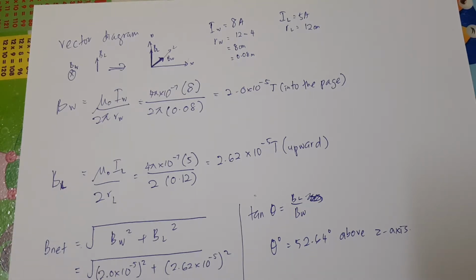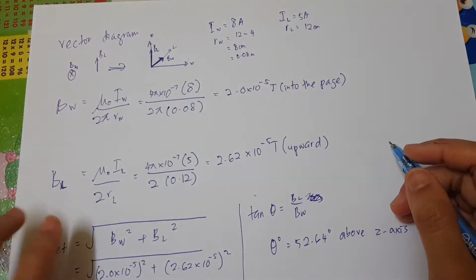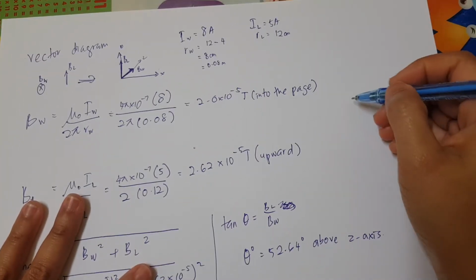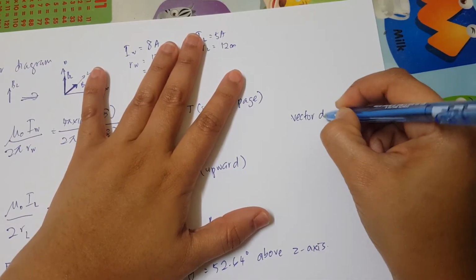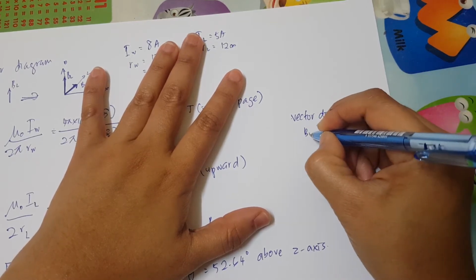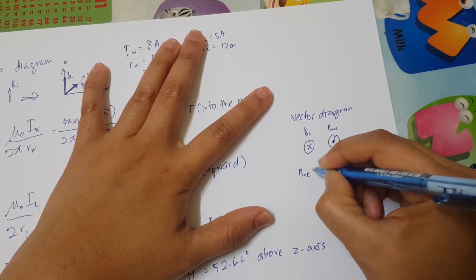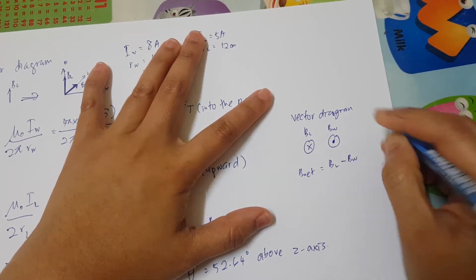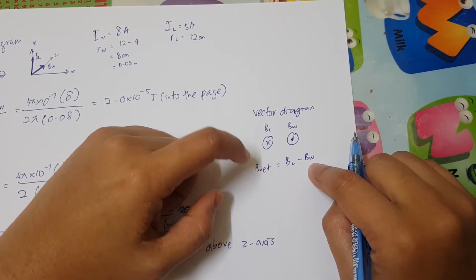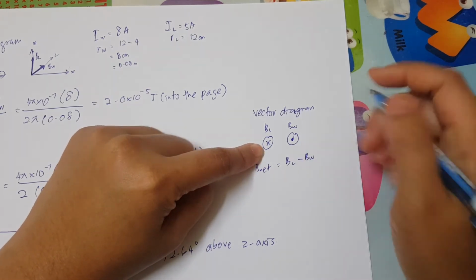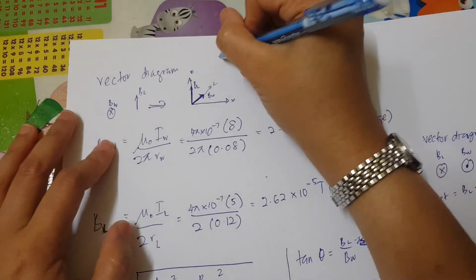So we have to do the magnetic field. Just remember, if the Bnet is in different axes, you have to make sure you do some resolving. If you do the vector diagram like this, for example, BL and then BW, one goes in and then the other one goes out, then it will be very easy for you. You just add in BL minus BW, you see, because they are in different direction, right? So you can just simply do substitution or addition based on the vector diagram like this, because they are in the same plane. But for this one, they are in different